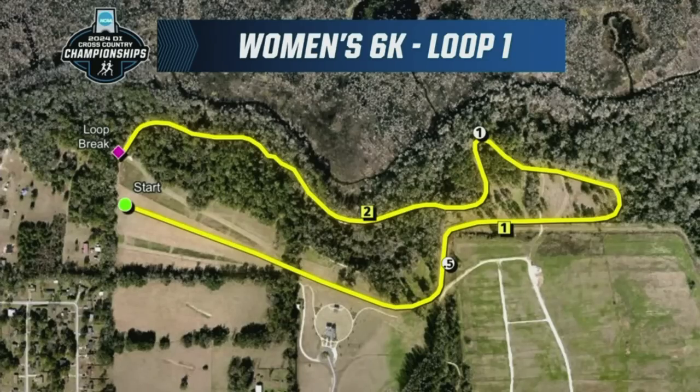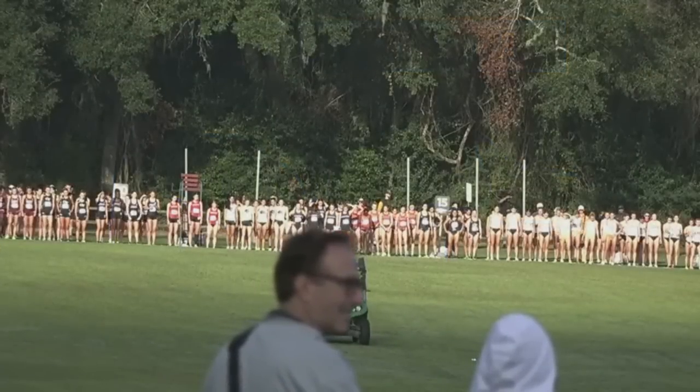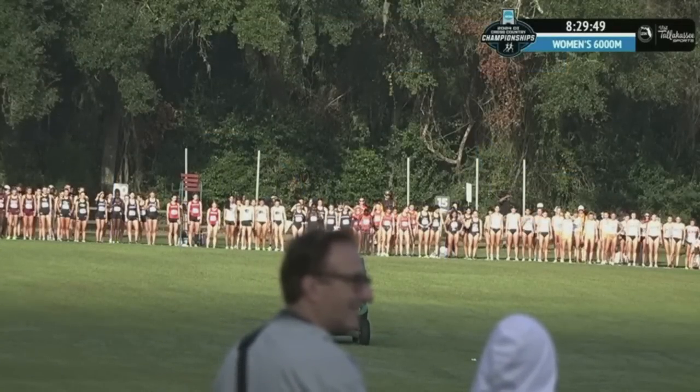Then they're going to go behind the start-finish line and then come back down past the large group of spectators. We got a Jumbotron out here that has all the camera angles available. It will also have the running score timing provided today by pttiming.com. If you want to jump on there and follow along, we've got split mats at a little past 1 and 2K, and then every kilometer after that, 3, 4, 5, and, of course, at the finish chute,